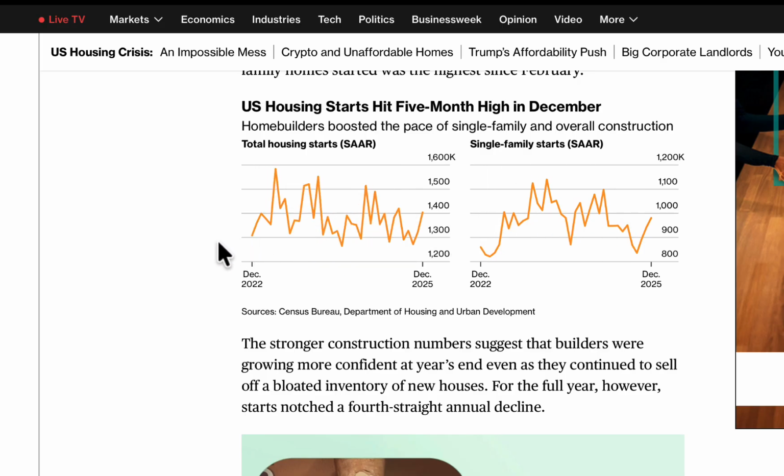This is the latest: housing starts hit a 5-month high in December. This was on the Bloomberg.com site. And I just wanted to show you right here is what's called a level 2 fluctuation. It's how we do quarterly business. And there's another one, and another that didn't work so well. If you put that on a rate of change basis, you could see the rate of change would have dipped a lot more, showing you there was something there. All right, and then there's another one and so forth.